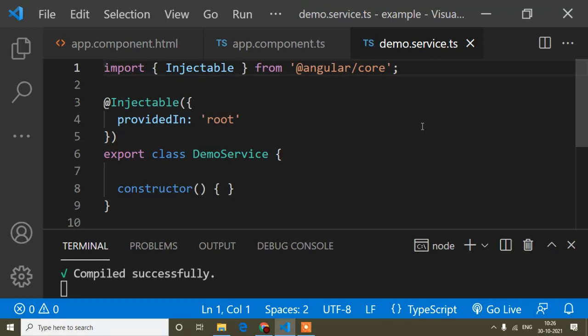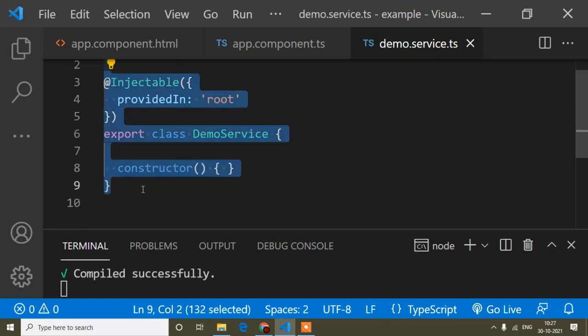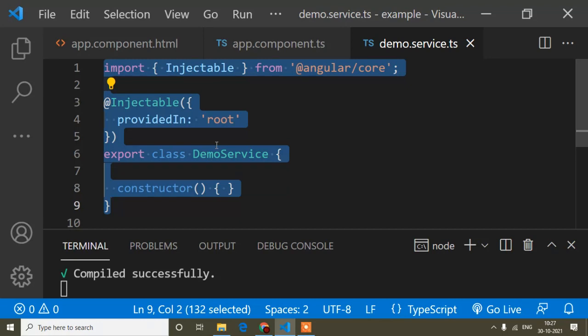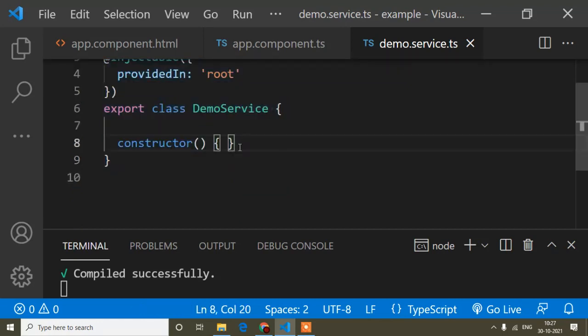Dependency injection means, guys, I will not go deeper into this, I will just give you a brief idea so it is clearer what a service exactly is. It's dependency injection in Angular. Now you can see this service has providedIn root. That means this service is injected in our root. So I can access it from anywhere, any module, any component. Suppose I write any method, that method can be accessible from any component in any other module. This is the benefit of a service, and that is called dependency injection.